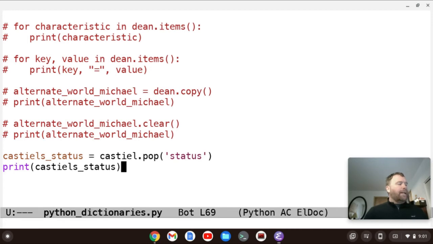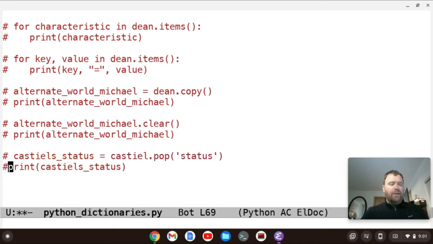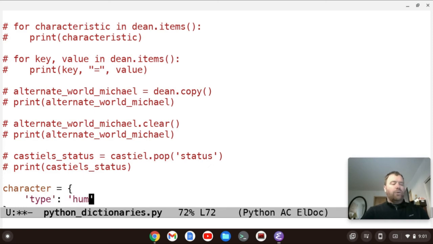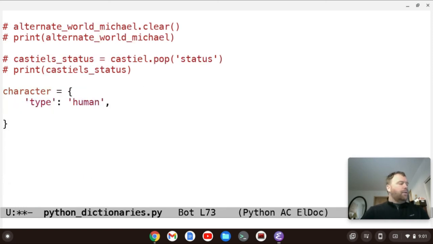All right. We can also use a standard set of keys, and let me comment this out, to create a dictionary. Let's say we have a standard set of keys, which is character, and we've got type, human, age, 30.